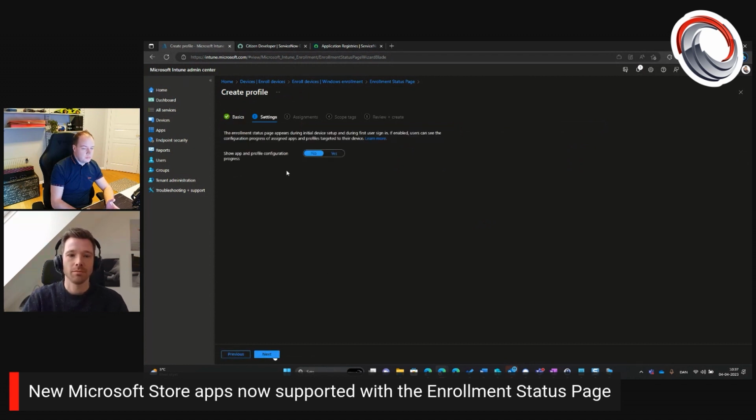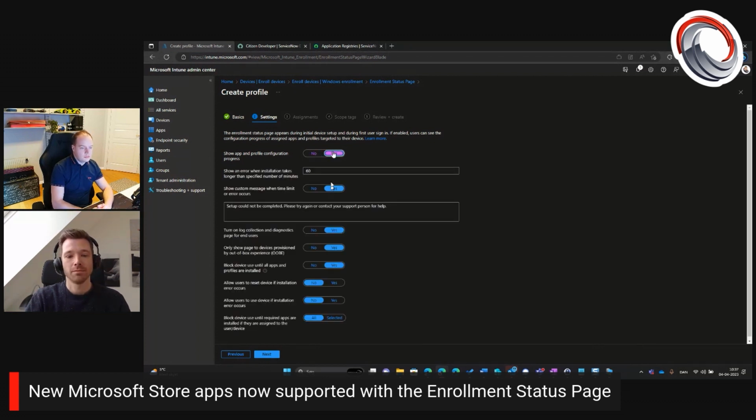And the first thing that popped to mind for me is the company portal. That's what you want on all your devices immediately. You don't want to have users waiting for that to appear. It should just be there because they need to be proactive and be able to install applications as they wish